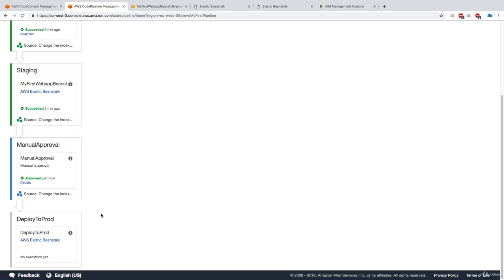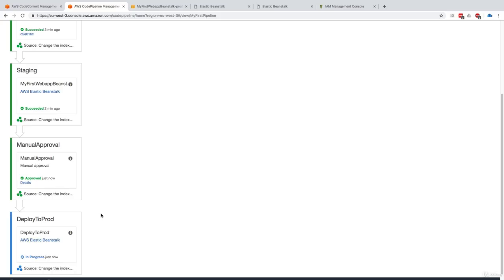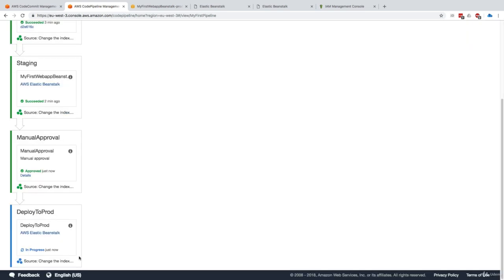And so what we see out of it is that it's really powerful pipelines that we can define with lots of manual approvals or lots of staging and stuff like this. And we can basically automate our entire continuous delivery from dev to test to prod to whatever you want. You're really free to do anything. So yeah, so let's just wait for the change to happen. So it took about 10 minutes, but now the application has been deployed to prod.